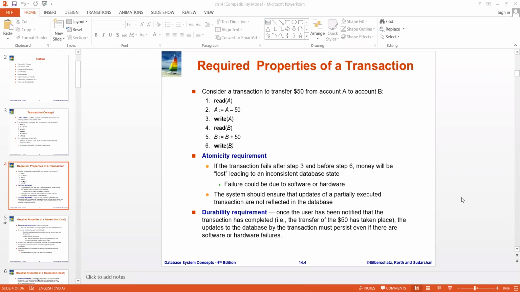Save will solve your problem of volatile and non-volatile memory. But what about if the non-volatile memory only crashes? What can you do? In real life, what do you do? If your one dress gets damaged, you don't have other dresses. If you have only one uniform, in college we wear uniform, you need to have a spare, right? You can't trust. So even in database, you need to have.